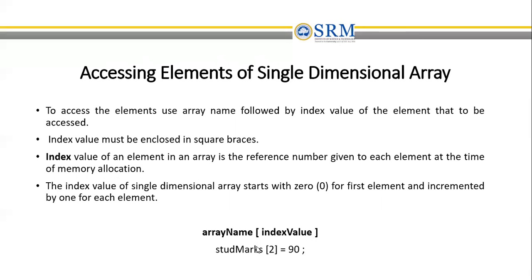If in the previous example we have given the array name as student marks, and I'm giving student marks of 2 is equal to 90, then the mark at index 2 in the array will be changed to 90. Or else, if you want to retrieve, you retrieve it using the particular index. What is already stored will be retrieved. Here also you have to keep in mind that your single dimensional array will start with 0 only, until the end of the elements.